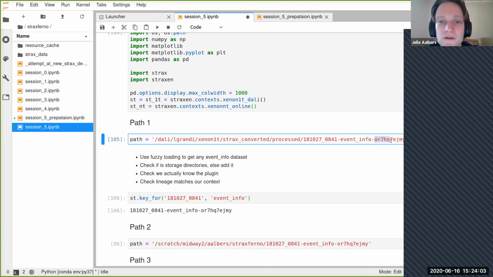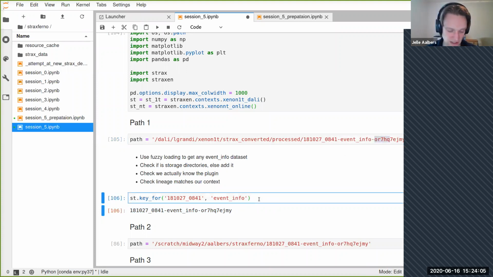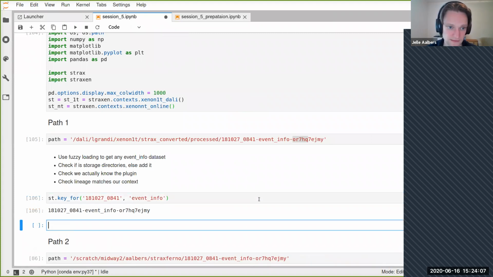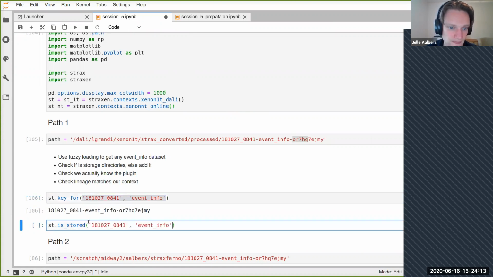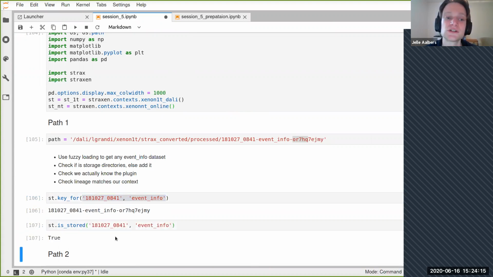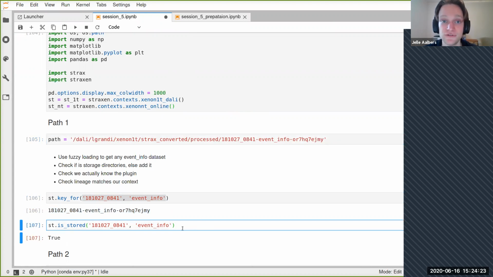That looks pretty good, so maybe we can just load this data as usual. Let's check whether it's stored. That looks good. It's just the currently supported hash. It's stored in an official directory, so it already finds this.